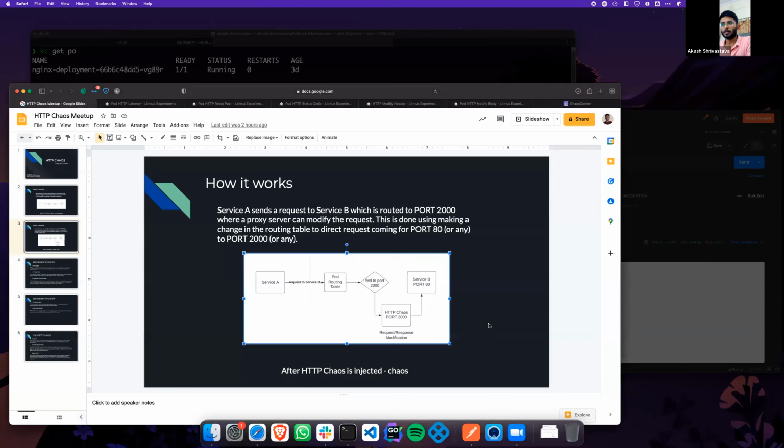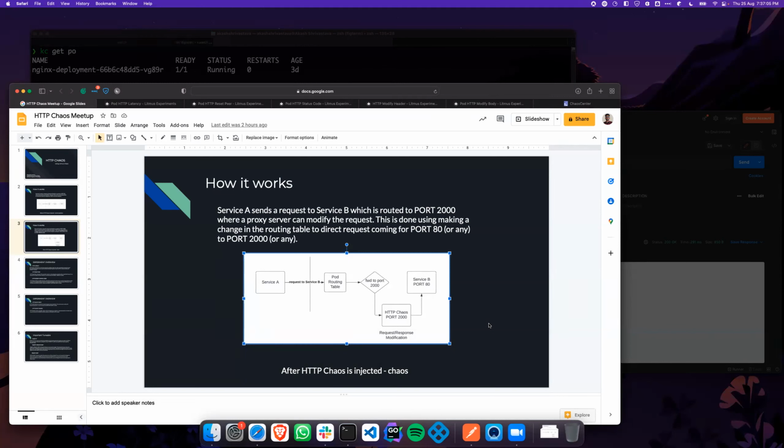So service B, the microservice, will continue its function properly. There won't be anything happening to service B. The only change is at the HTTP layer. Only the modification to the request and response will happen. There is no modification inside your application, nor is the pod getting restarted or anything like that.